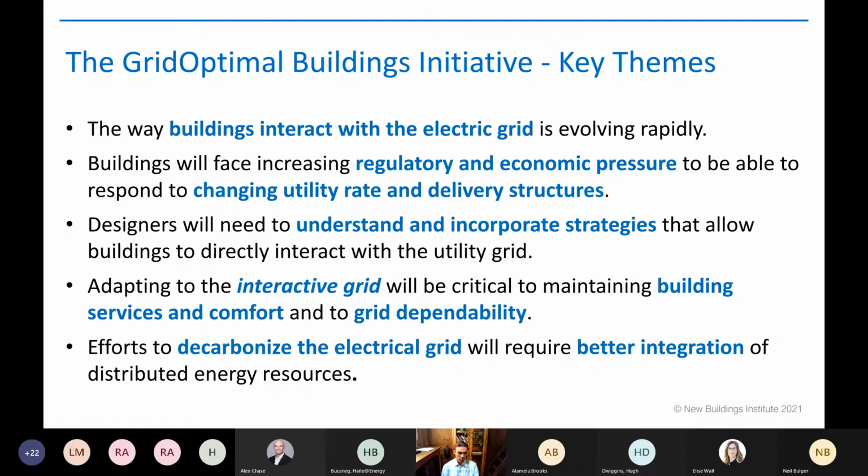All that stuff put together and more factors means that there's pressure on energy markets and on utilities to do things like change their rate structures. So buildings are seeing more demand charges, more time of use rates coming in. Maybe they are now default, as in California, default time of use rates. So things like that are changing, and that in turn flows down from way up on the grid all the way down to